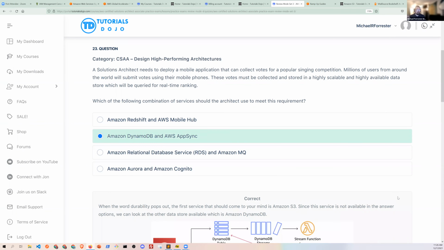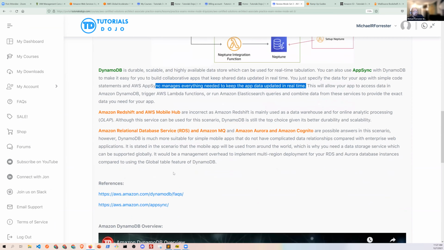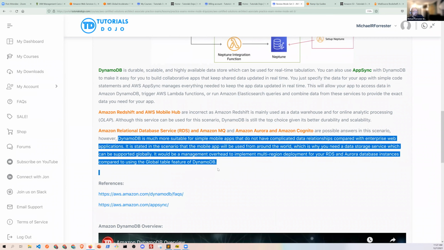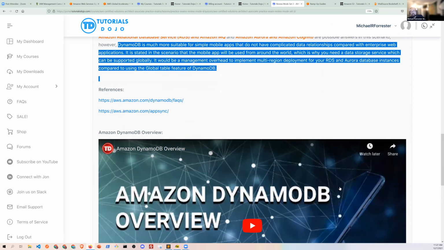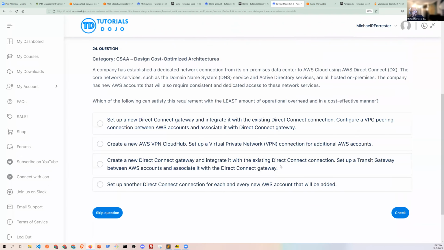And AppSync, I think it used to be a subservice of Cognito, basically. But AppSync manages everything to manage app data in real time, right? And that includes mobile pushes. So yeah, that's just knowing which service is considered to be the most highly scalable and highly available, right?